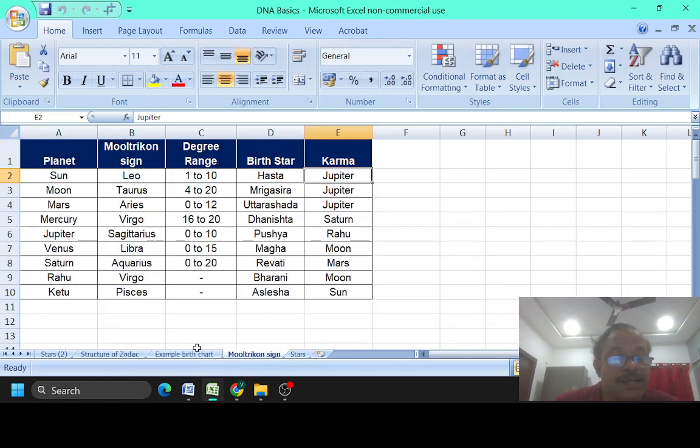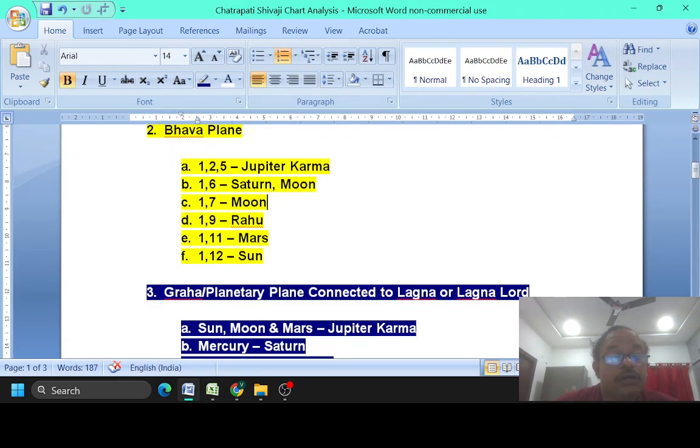So Libra is a place where Venus will have its mool trikona. Venus is born in Magha Nakshatra, so because of that it will carry Moon karma. Then we have the connection of 1 and 9. Whenever there is a connection between the ninth lord and the first lord, the native will have Rahu karma, because